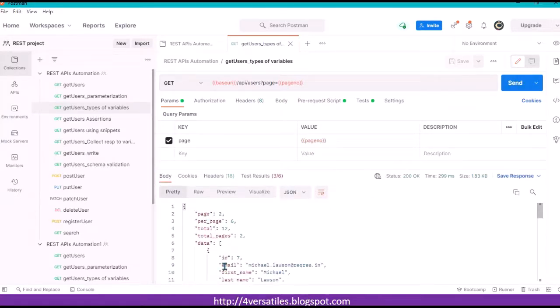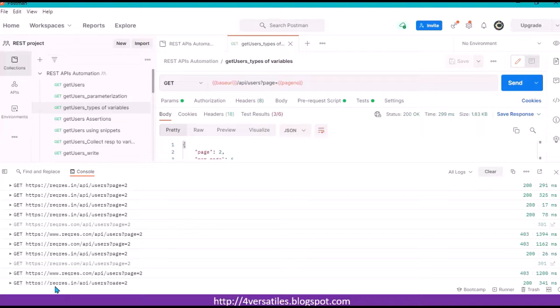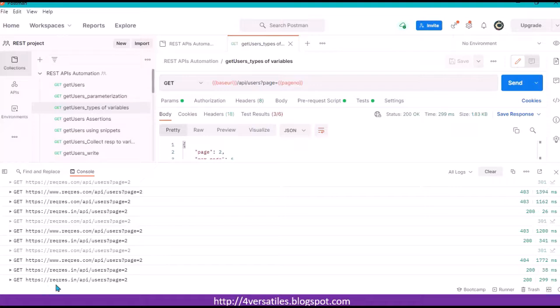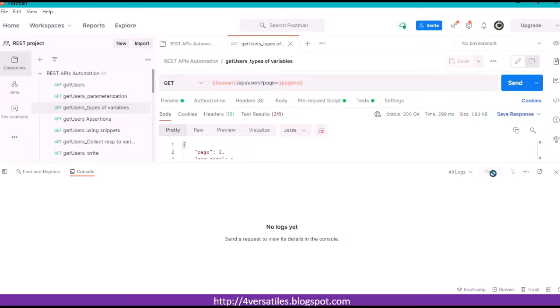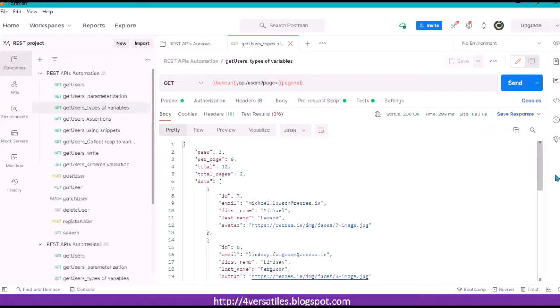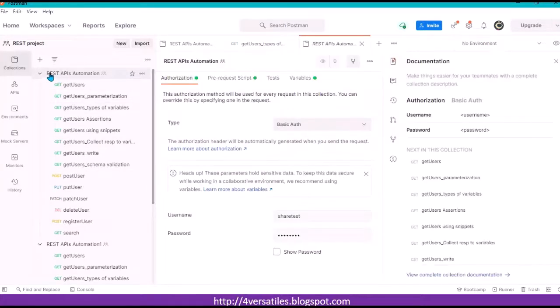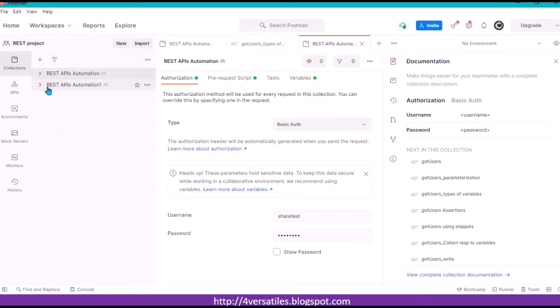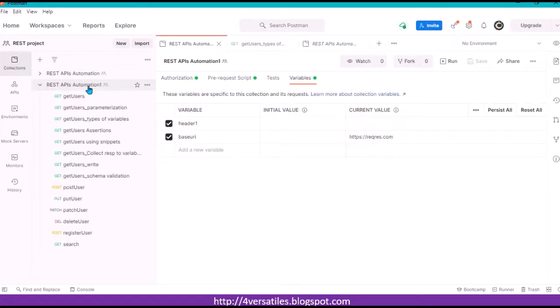Okay, so the request is a success, and you can go to the console, and here you can see it has taken .in. Sorry, not this one, the latest one. It has taken .in but not .com, which means that it has taken the collection variable but not the global variable. All right, that's more about collection variable and global variable. Now we talk about the environment variables. For that I have created one more collection, and using this collection also, I'll demonstrate to you that,